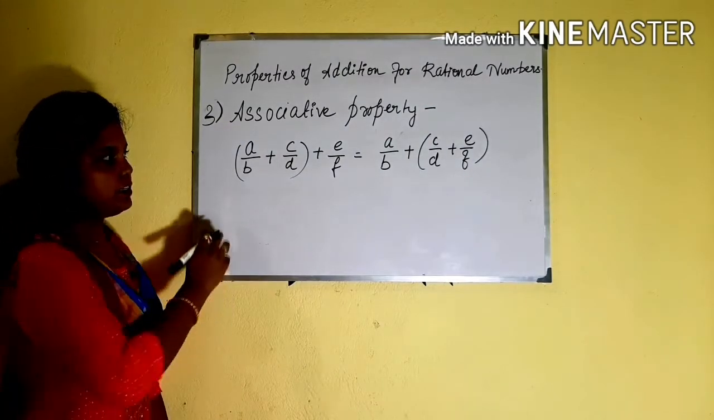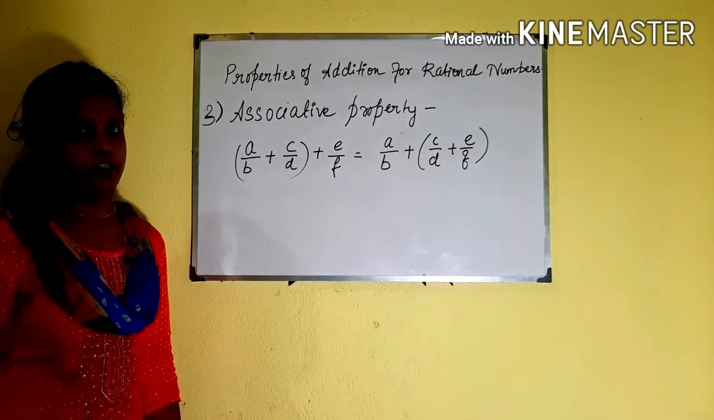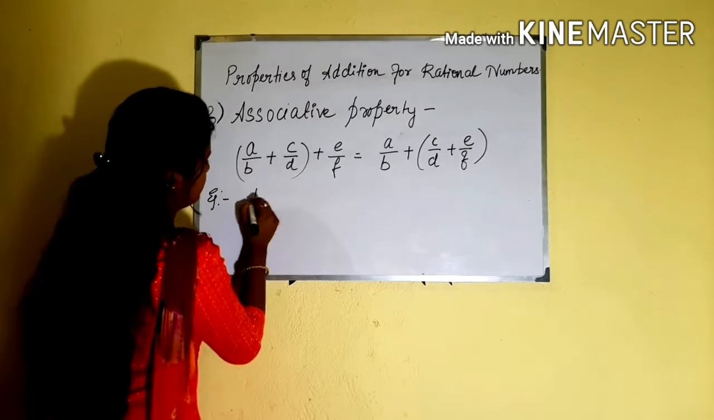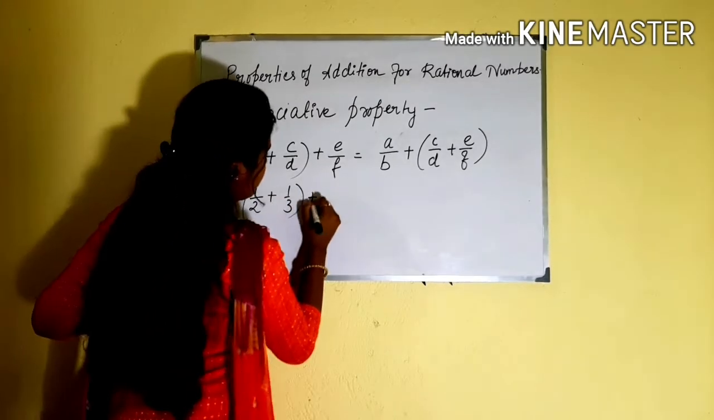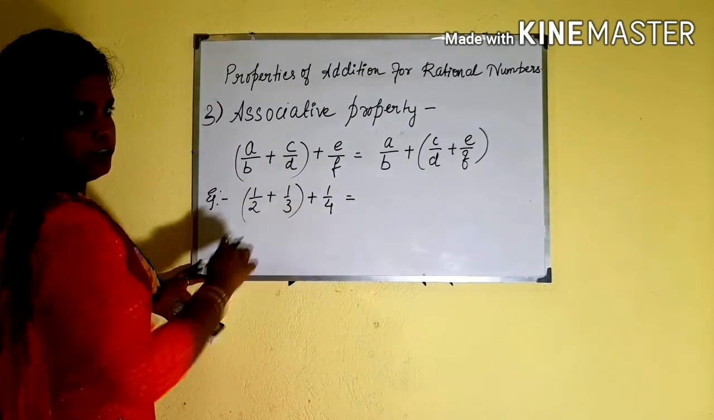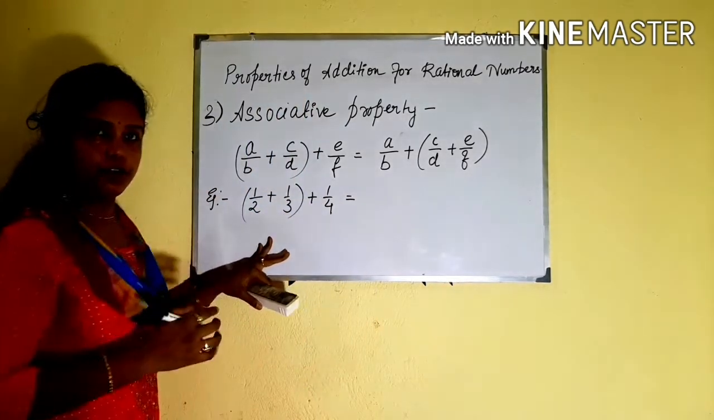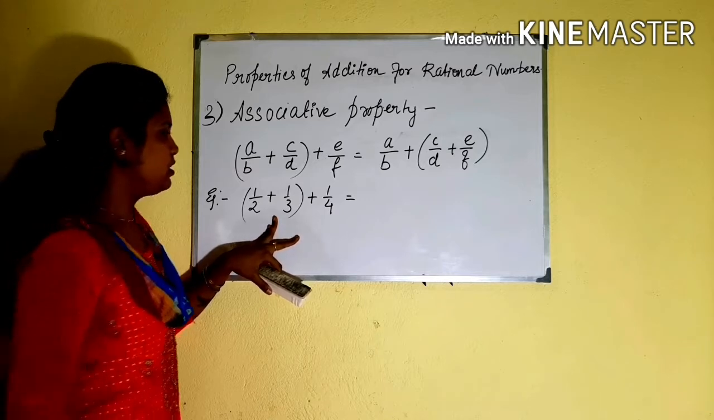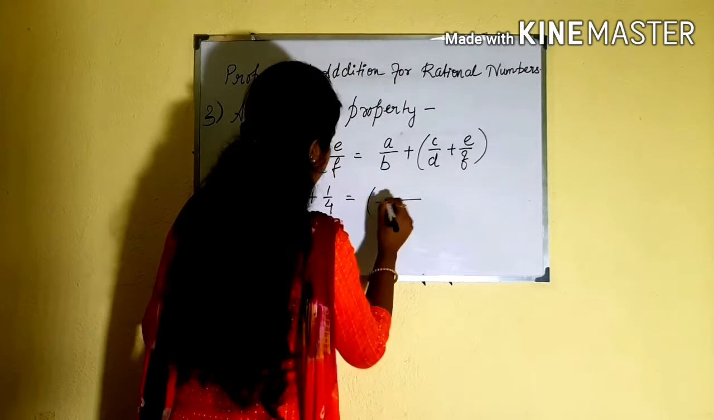Now, this is the particular law of associative property. Let's take an example. Find out the addition of these. We know due to BODMAS rule, we will be first solving the bracket first. So what is the answer of this? As you know, we have done it before. It is